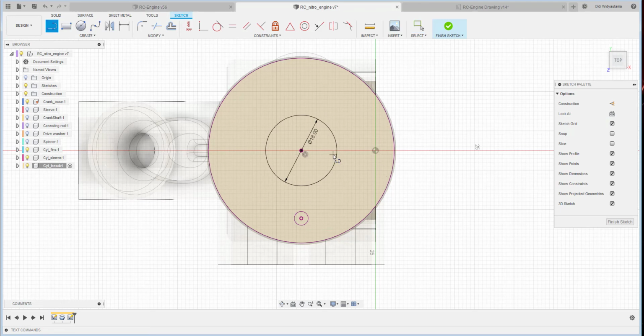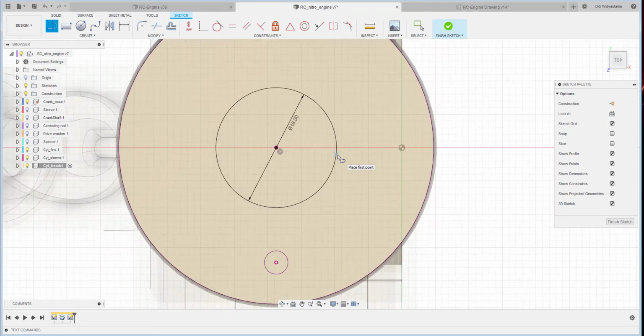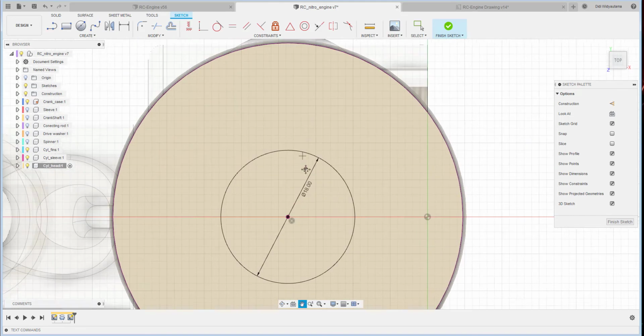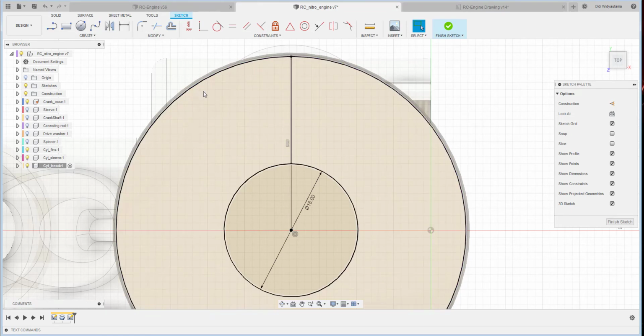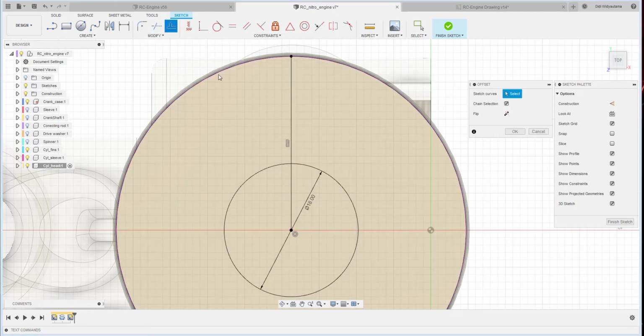Then I just create the line from this center to over there, and then I offset this line 0.75, and I also offset there minus 0.75. Okay,